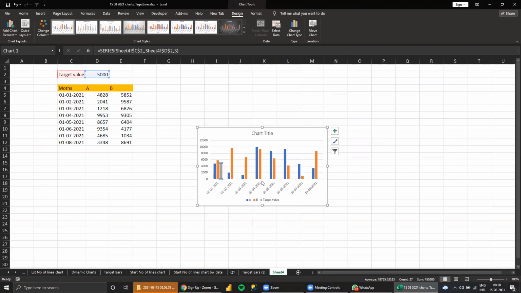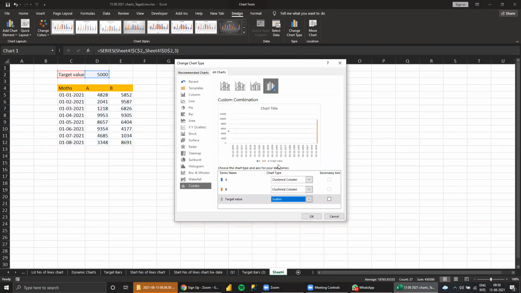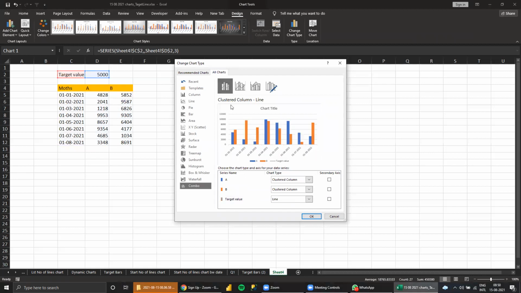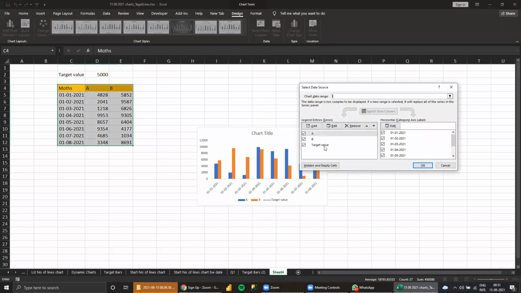This chart series. So yes. Select the data.